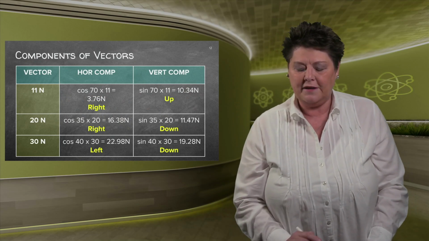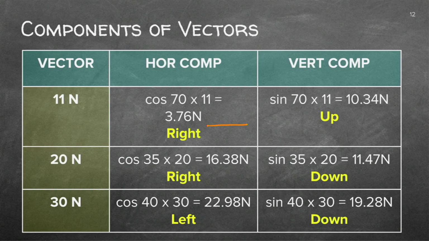Remember, we're working with vectors. This one would be to the right. And if you have a good idea of the x-axis, that would obviously be the positive side of the axis. This one would also, remember that one was drawn like that. This one was going up like that. That would also have a positive x value, therefore it's to the right. This one, however, went down like that, and it's going left. So the x value would be to the left.